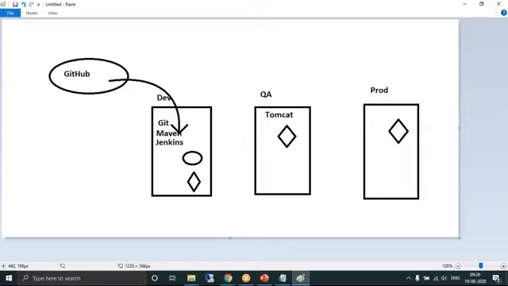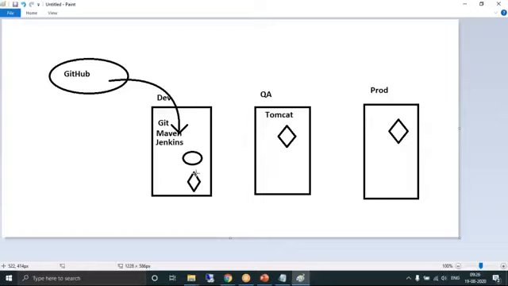From source code to converting artifacts, who will do it, the development team or we? We will invoke Maven. Once the artifact is ready, we will take the inputs from the development team and trigger the Maven tool. We'll integrate Maven with Jenkins, so automatically Maven gets executed. You say the development team will give the artifacts, right? Yes.